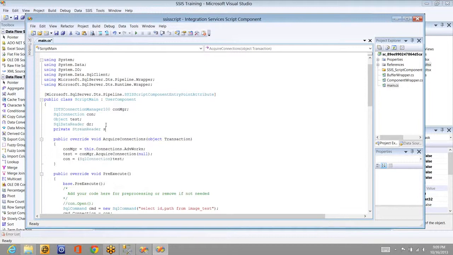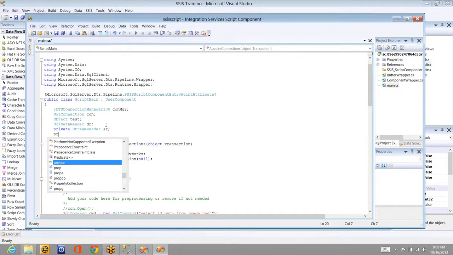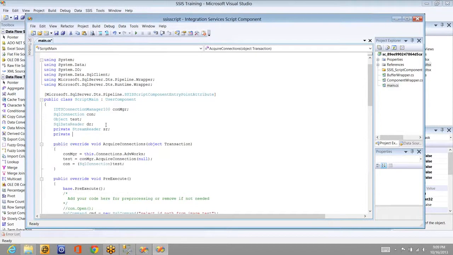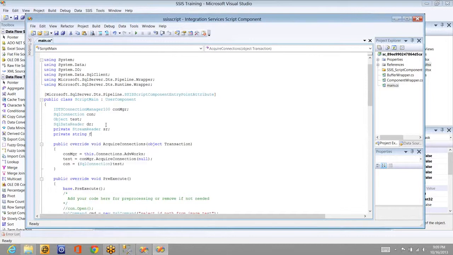Stream reader, I'll name it as SR. And I also need a private file path. Okay, so I've created three variables and I'm going to build this solution.